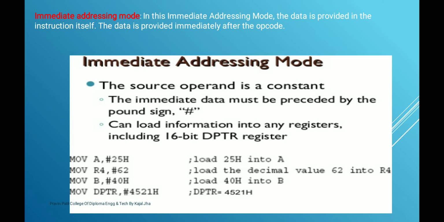And if you use a 16 bit operand, then the first byte contains the opcode, the second byte contains the LSB of the operand, that is the least significant byte of the operand, and the third byte contains the MSB of the operand. Okay, this is nothing but the format for writing any instruction for 8 bit and 16 bit length. So next is